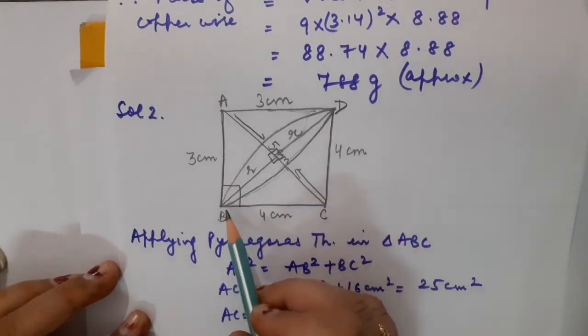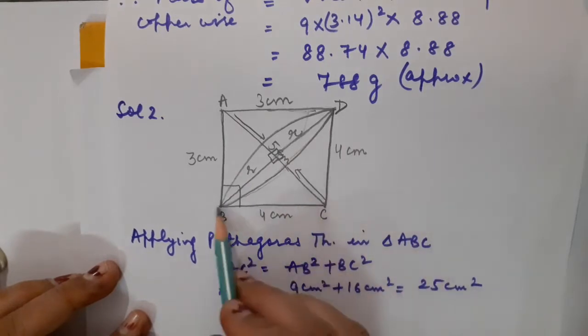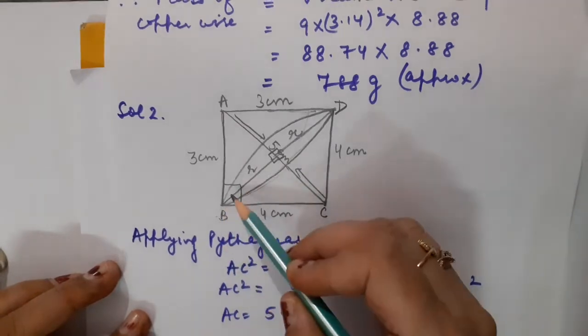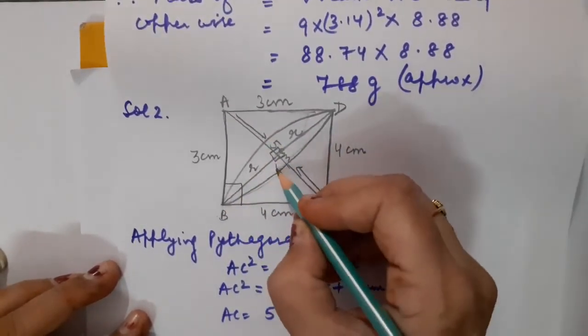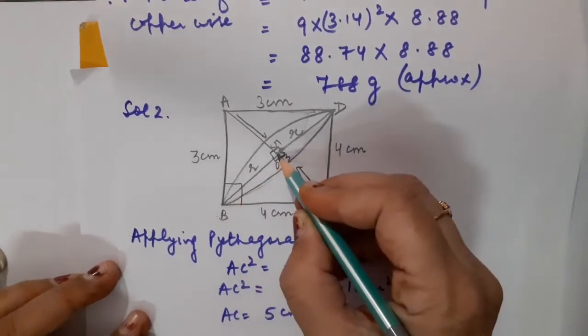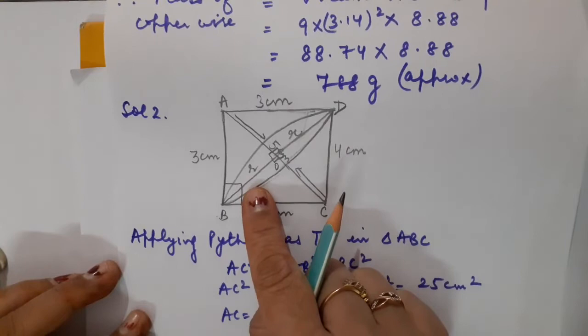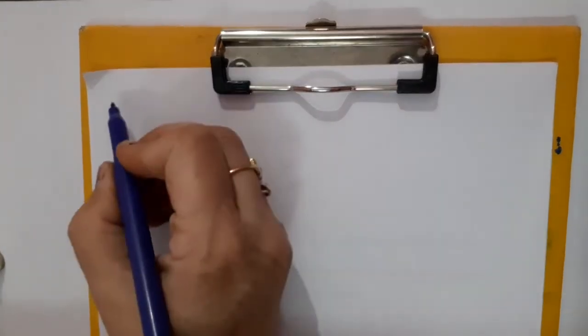How? First of all, I am going to calculate it by applying half base into height. Base is BC and height is AB. Then in case 2, I am going to consider AC as the base and let the foot be point O, with BO as the height, so that I will be able to calculate the value of r, the radius, which is very much required. So let us start.